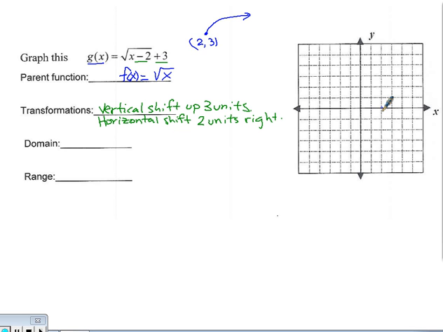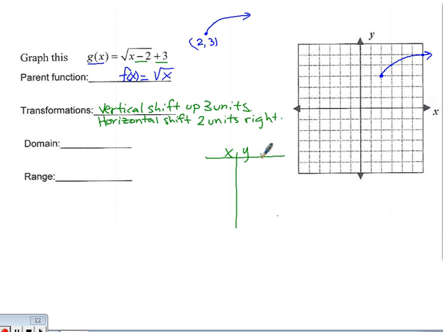So I'm going to go 2, 3. That's my starting point. And because my dimensions didn't change at all, I'm going to go over 1, up 1, over 4, up 2. Another way of doing this, which is probably the more accurate way, the more structured way,